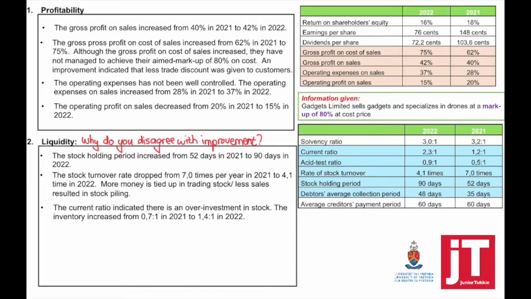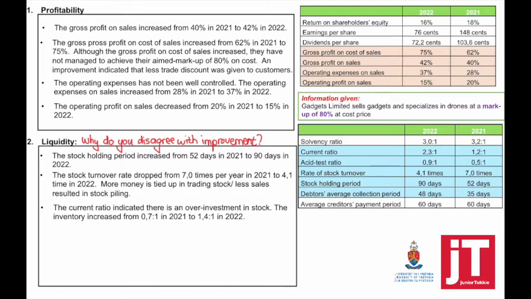stock. How do we calculate that? How do we know that? If you take 2021 and you take 1.2 minus 0.5, that equals 0.721. That is what my inventory is equal to. If you look at 2021, the difference between the two is 1.4. That represents my inventory. And this is why we could use the current ratio and the asset test ratio in